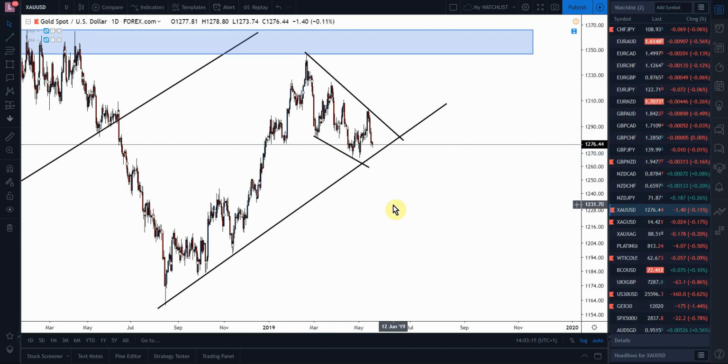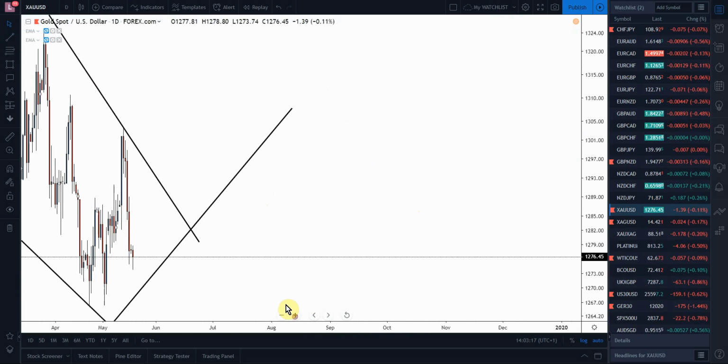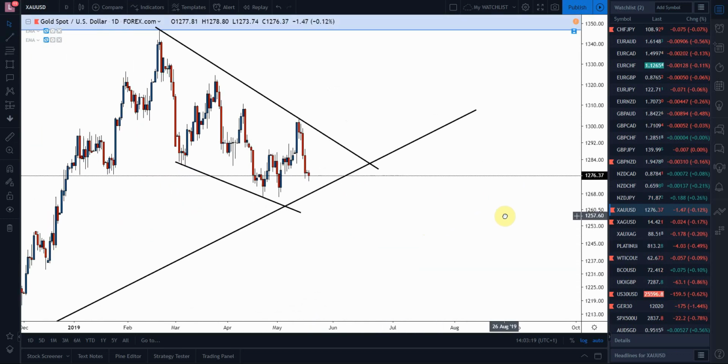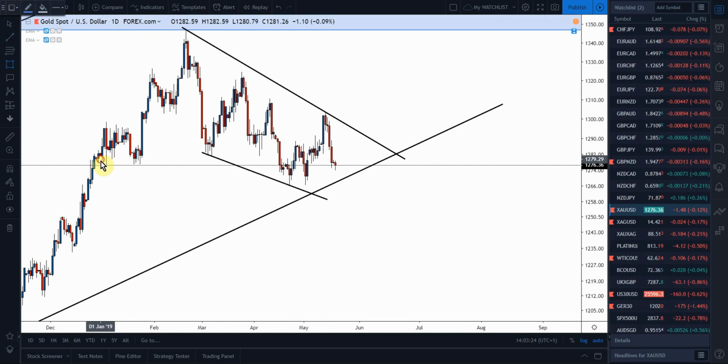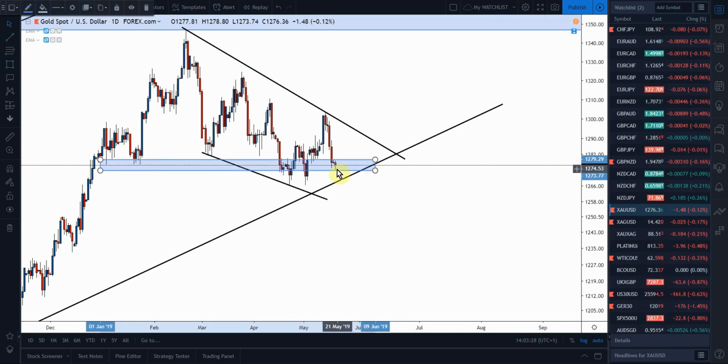So just keep your eyes on this one as well, in a nice area, as you can see here where buyers came in. Could drop down a little bit further and even break these lows or test them again,